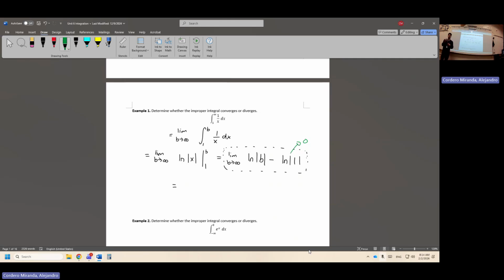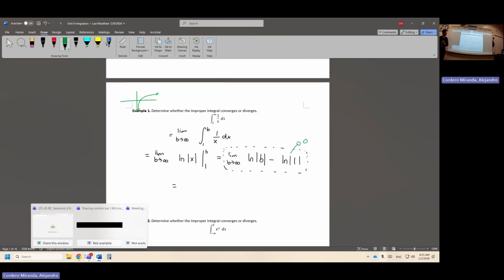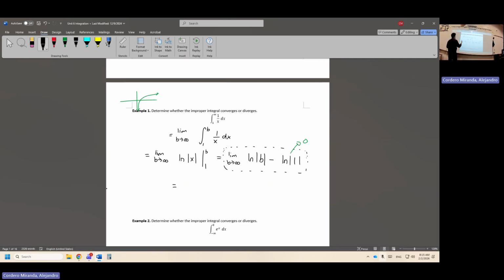Yeah, this is another time when it's good to know parent functions. Natural log looks like this, that's the graph of it. It's growing really, really slowly, but it is growing, it is going to infinity. Basically the bigger number you put into here, the bigger number you'll get out, without bounds. So natural log of b would go to infinity, minus 0 if you want to put that, but the final result would be infinity,